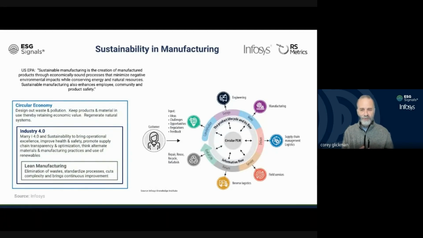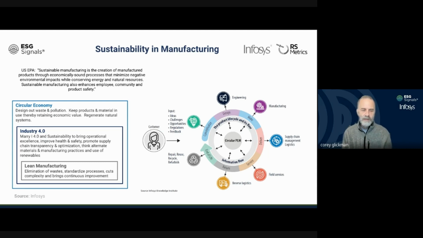Now, if you don't have good data and if you don't have good practices, you could say, well, lean manufacturing could argue against some of the aspects of what you would want to do with circular economics. But if you can actually start looking at how, through data, these would work together and how that value change would take place, it becomes a very powerful next step evolution. And the data is what's going to drive these changes. So what we see in this circle here are all the areas when we think about circular PLM, and these are the decision points that we have to come across here.